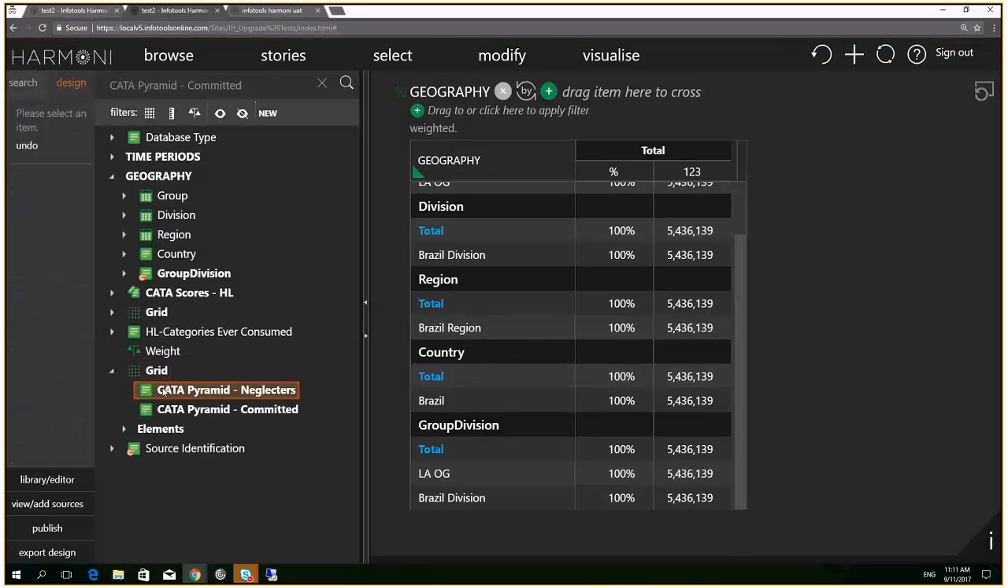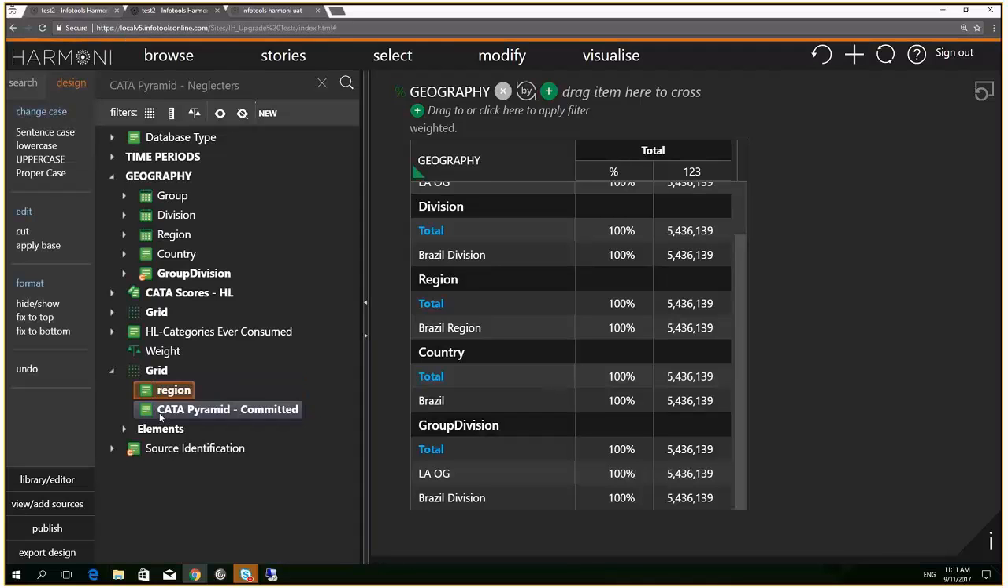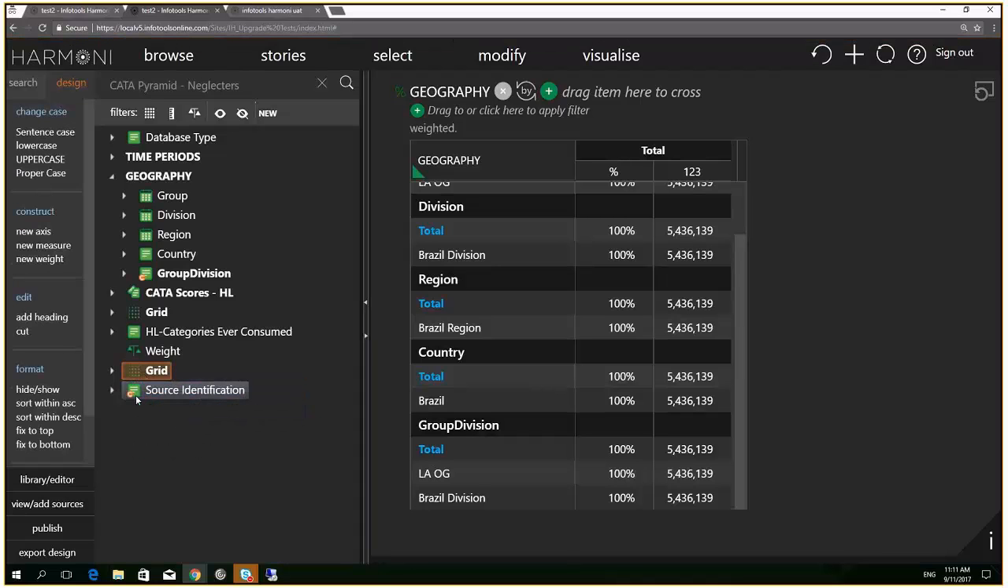And as well, on top of that, if I have relabeled this to something like region, which already exists, then the behavior will be